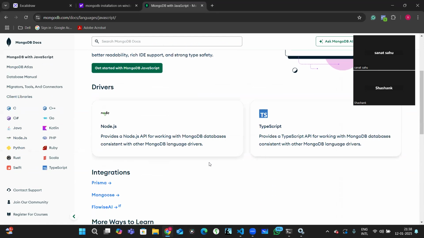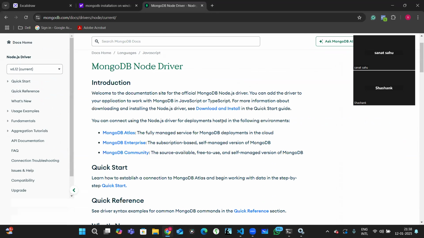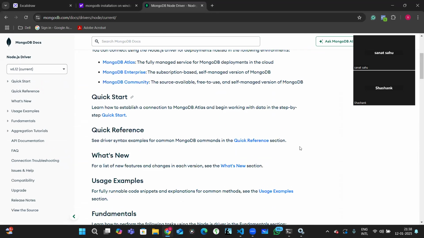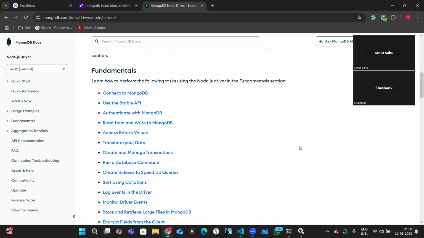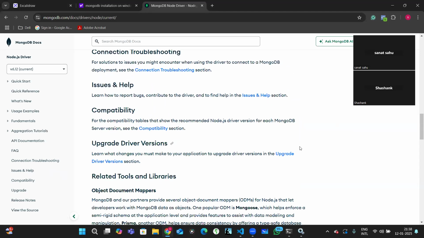See, the drivers came, right? So many languages are supported. You just need to click on the Node.js driver, then download and install it. Simple. Nothing difficult here. Okay. Now when you install it, you can use the